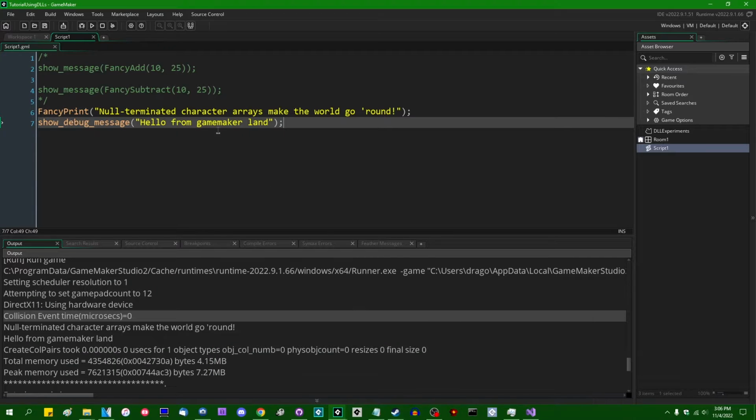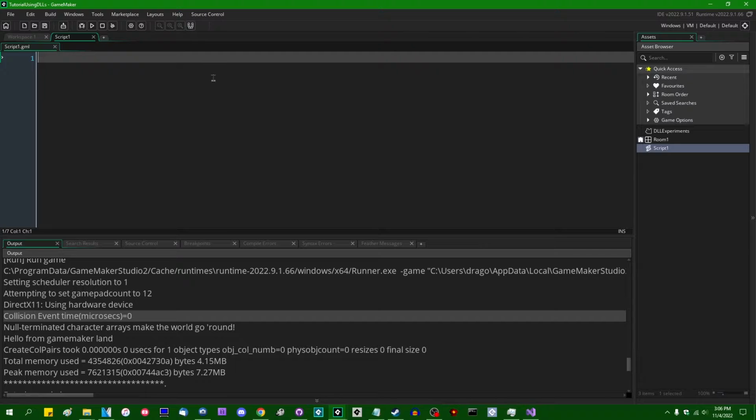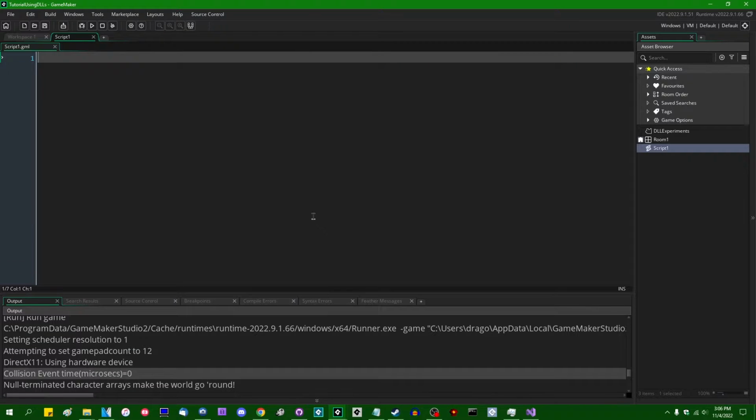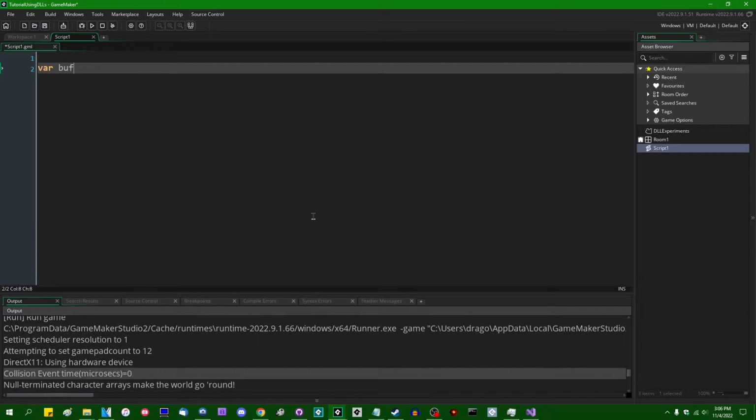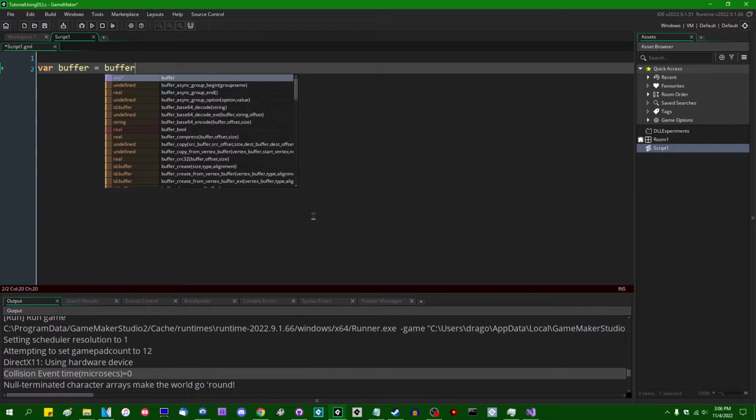Now, if I were to, let's say, get rid of all this and talk about buffers. I'm going to create a buffer. Buffers are one of the more advanced things that you can do with GameMaker. I did make a series of videos on those a number of years ago. And not a lot has changed since then, but regardless, if you're the sort of person who would click on a video that's about GameMaker and C++ and pointers and that kind of thing, I'm guessing you already know how these work. I'm going to create myself a buffer,